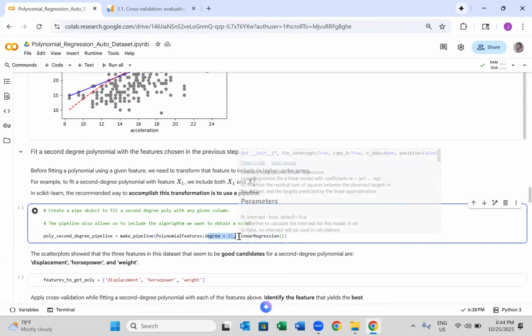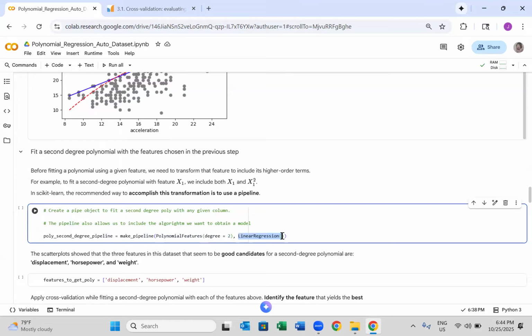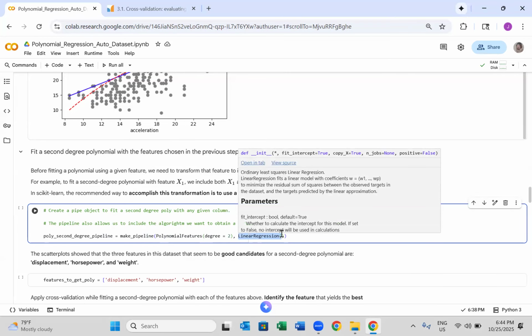The second function defines the algorithm to use to fit the polynomial model. So that second function is the one that defines what algorithm you want to use to fit your second degree polynomial. Now, here we're saying that we want to use linear regression, the linear regression function. What we're saying here is the following, guys. We're saying that we want to get the coefficients of the polynomial model using least square regression, kind of ordinary